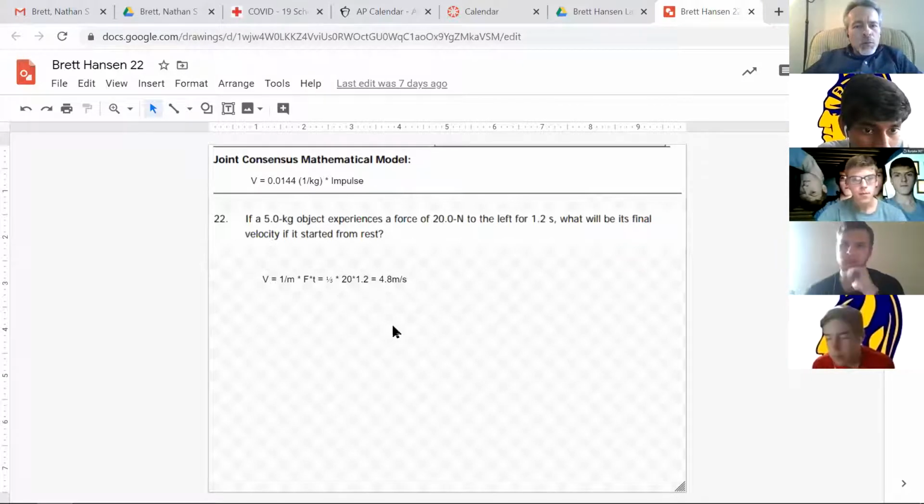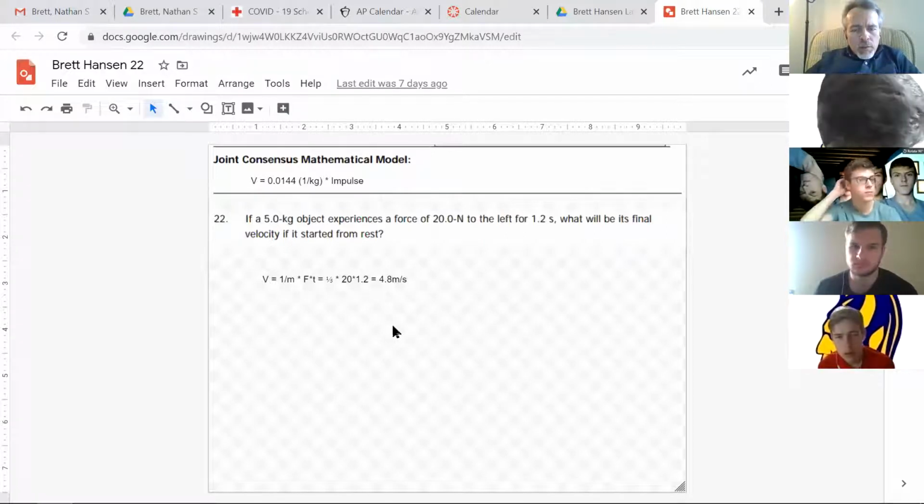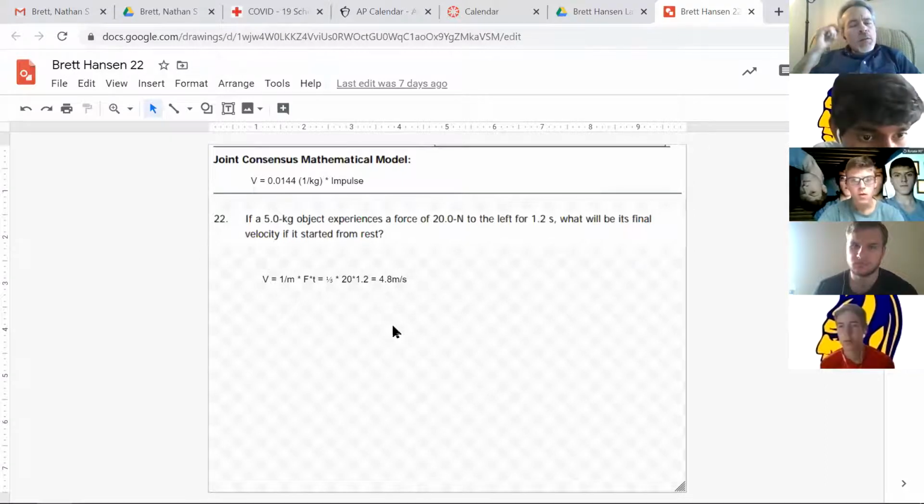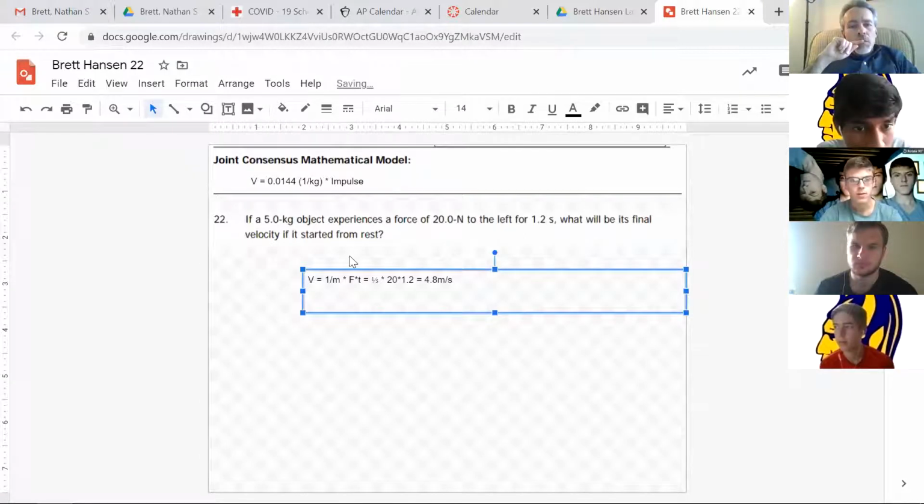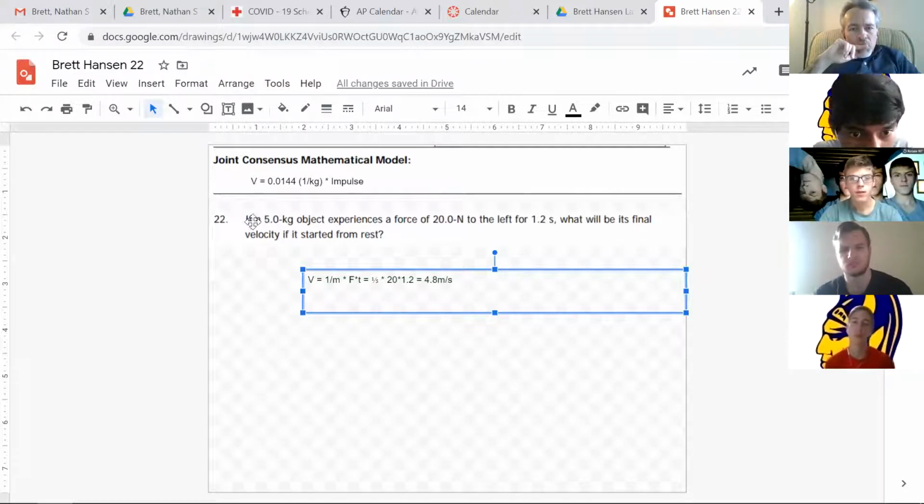Okay, and you want to kind of walk us through how you solved it? Yeah, so I noticed that there seemed to be a constant of variation along with the velocity and impulse model. And when I used the units, it looked like it was 1/kilograms. And I found that the constant was 1/mass. So the mass was 5 kilograms. It was 1/5 kilograms times 20 newtons times 1.2 seconds, which is 4.8 meters per